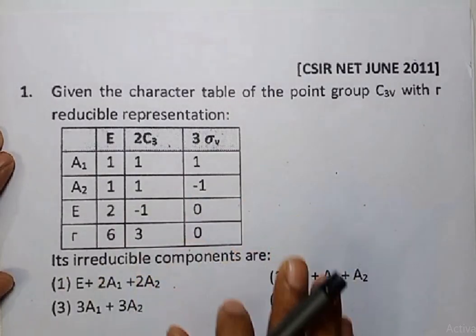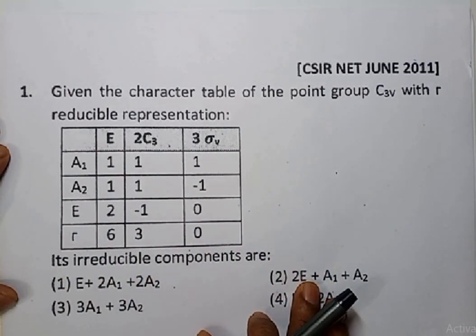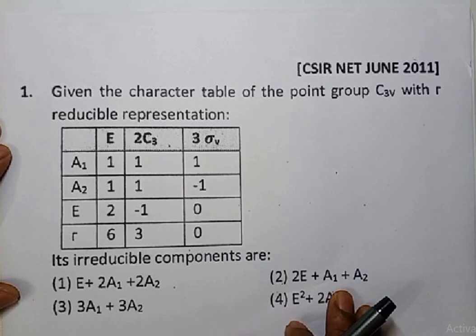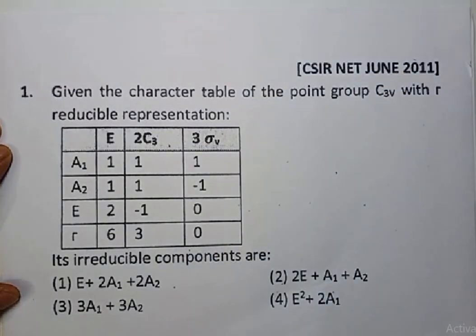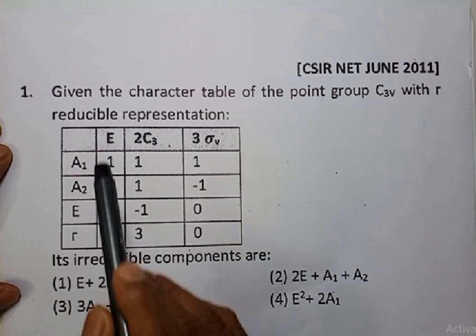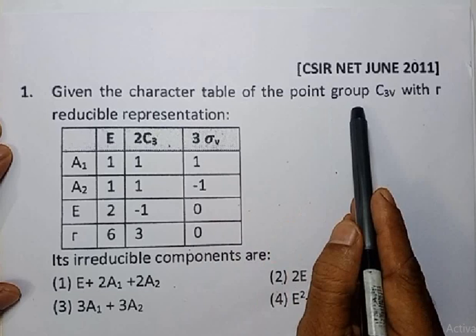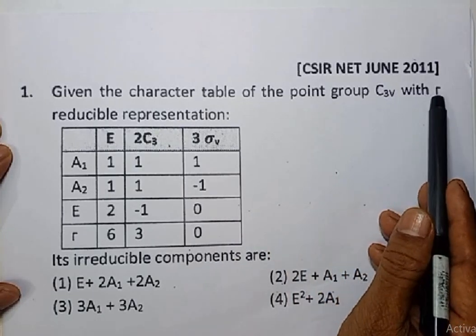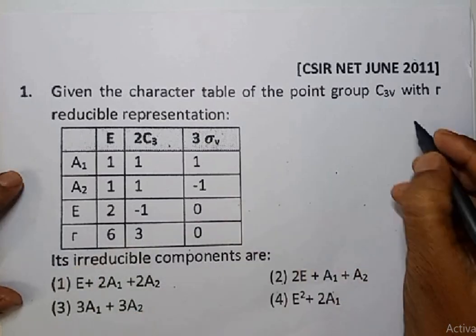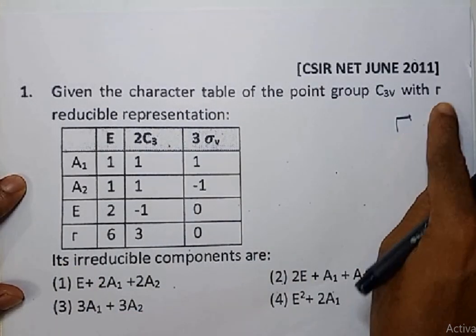We'll discuss questions from the group theory part. This question appeared in the June 2011 CSIR NET examination. Given the character table of the point group C3v with a representation, this symbol is called gamma, which means a